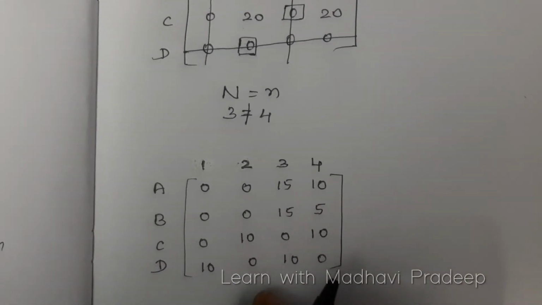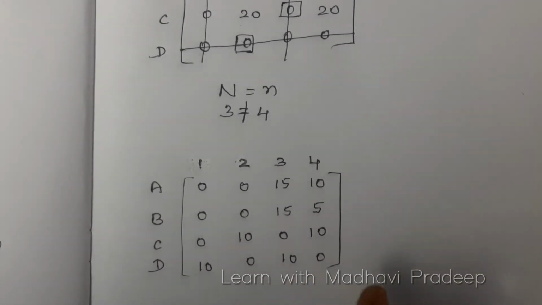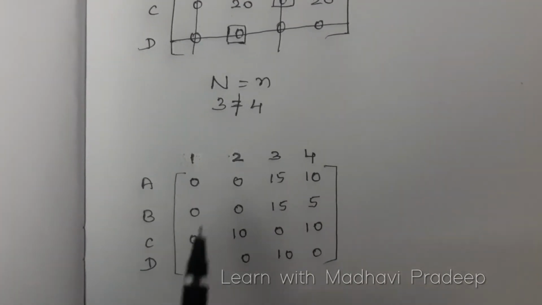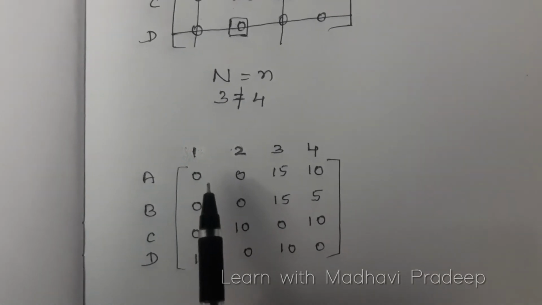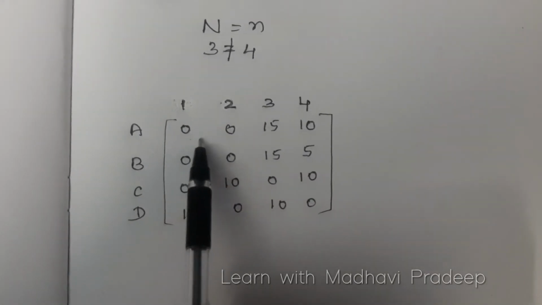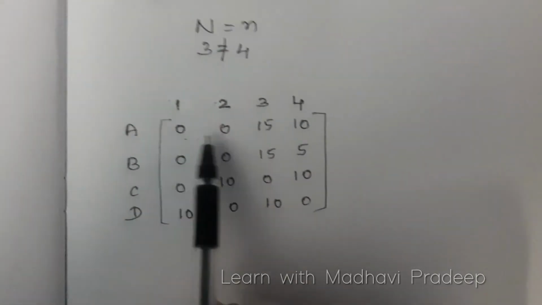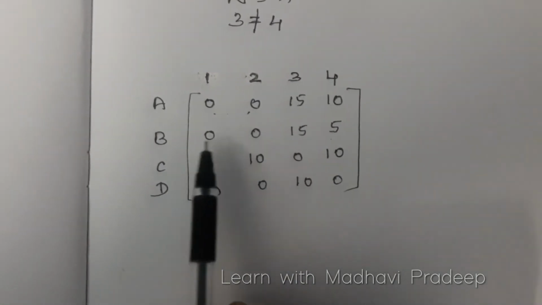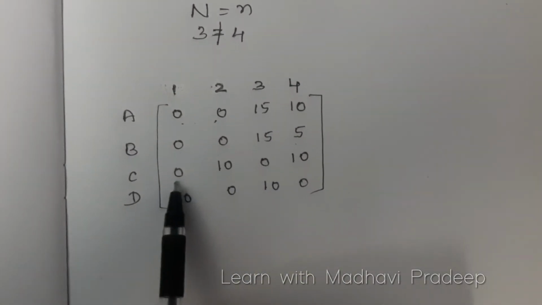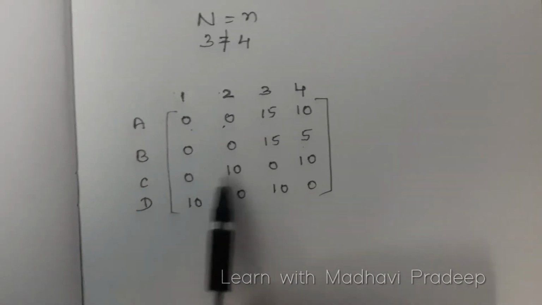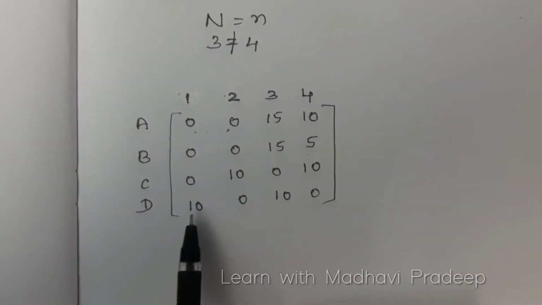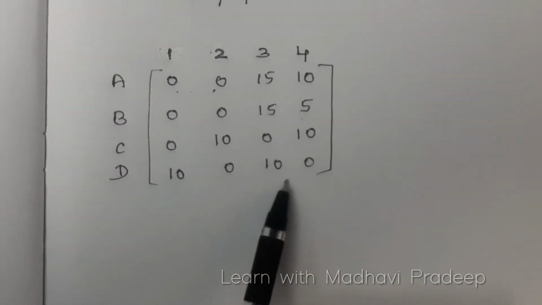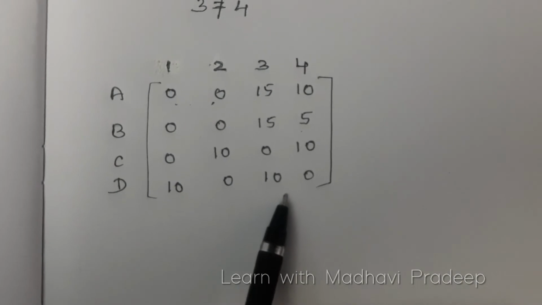After getting the new matrix, now again you have to proceed with row scanning and column scanning. First we proceed with row scanning. Check in each row whether you have exactly one 0. In the first row, do you have one 0? No, we have two 0s. So skip this row. The second row, do you have one 0? No, we have two 0s. Skip this row. Third row, exactly one 0? No, we have two 0s. So skip this row. In the fourth row, exactly one 0? No, we have two 0s. So skip this row. So we finish the row scanning.